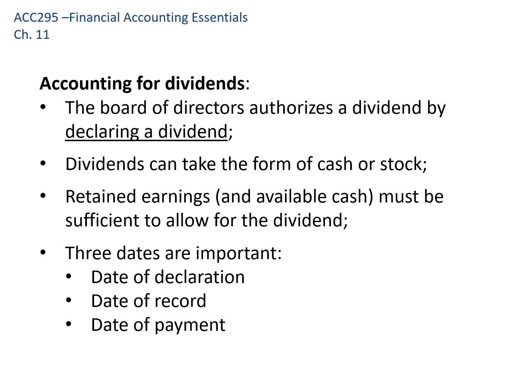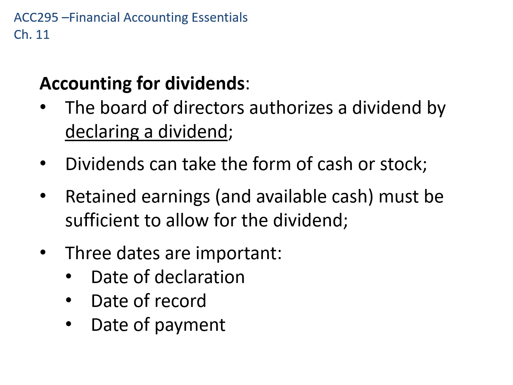Those dividends can take the form of cash or stock. So most companies pay a cash dividend. They write checks to the owners of the company. If a company is cash strapped, but they still want to reward their shareholders with something of value, they could also pay the dividend in terms of stock. They could issue more shares of stock that they don't receive payment for and give them to shareholders. So again, retained earnings and cash must be sufficient to allow for that, so we can't drive that account negative.